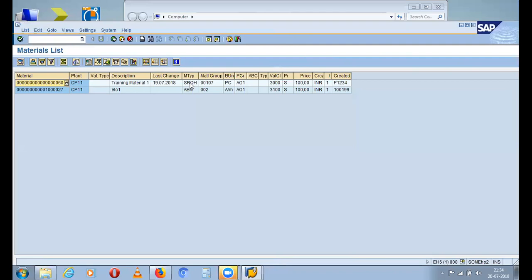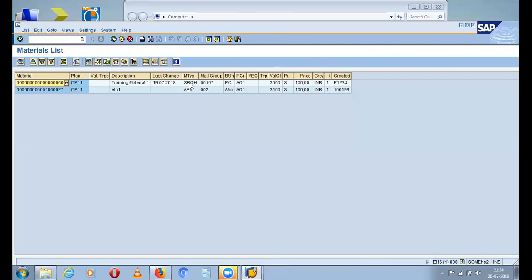This SROH with valuation class 3000 is working fine. So going forward, until I say to change the material type, you keep using SROH, and the valuation class should be 3000.